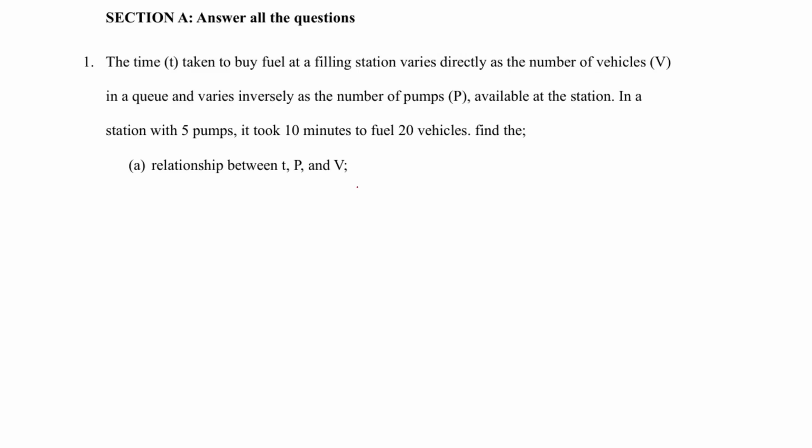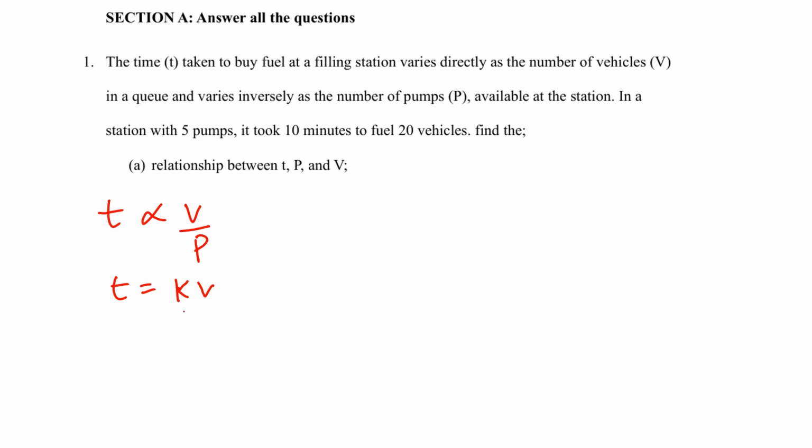So this is a question on variation, and to be precise, joint variation, which means we have direct and inverse in the same question, so we are joining them together. So T, let's just interpret it. T varies directly as V. So that is direct variation. And inversely, that will be reciprocal. Inversely as P, as number of pumps P. So we change it to equation. T equals to